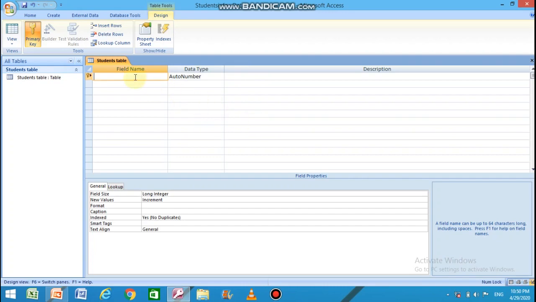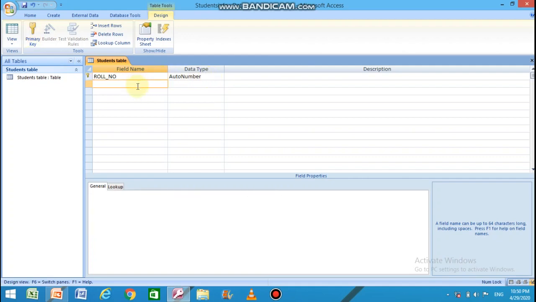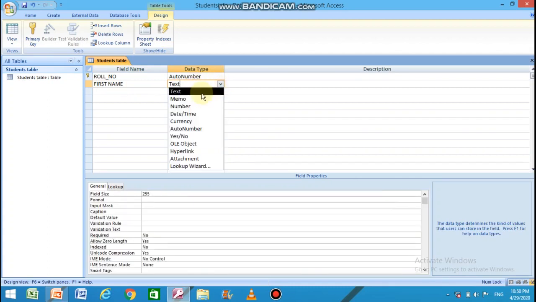So the first field of the table is roll number. It should be of type auto number. Automatically it will increase one by one. Next field is first name. Text type.